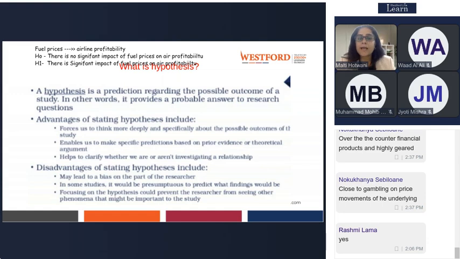It may lead to bias on the part of researchers. So it depends, right? You are saying that it has no significance, so I'm making a biased statement here. So hypotheses are always biased because I may say they will have an impact, they will not have an impact, right? There are some predictions on findings. I'm predicting the findings by developing a hypothesis, right?